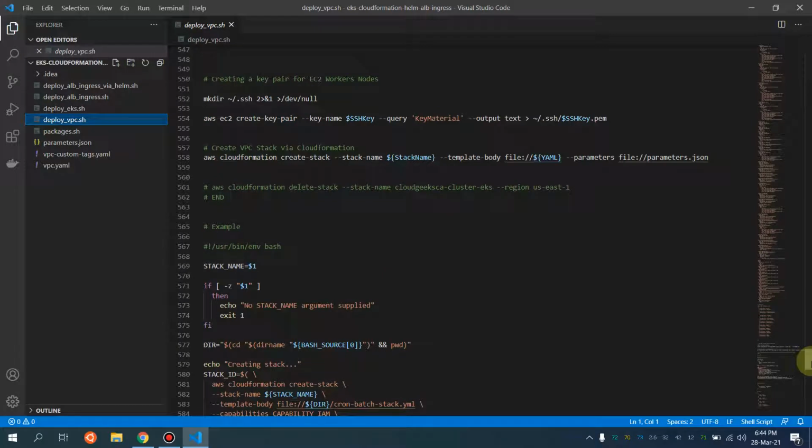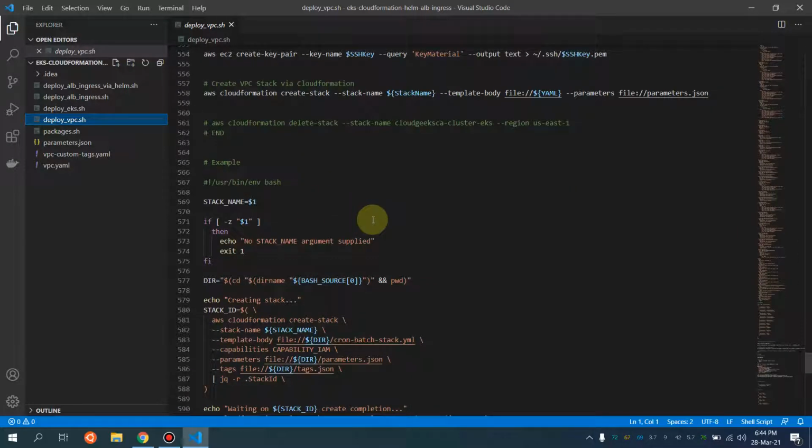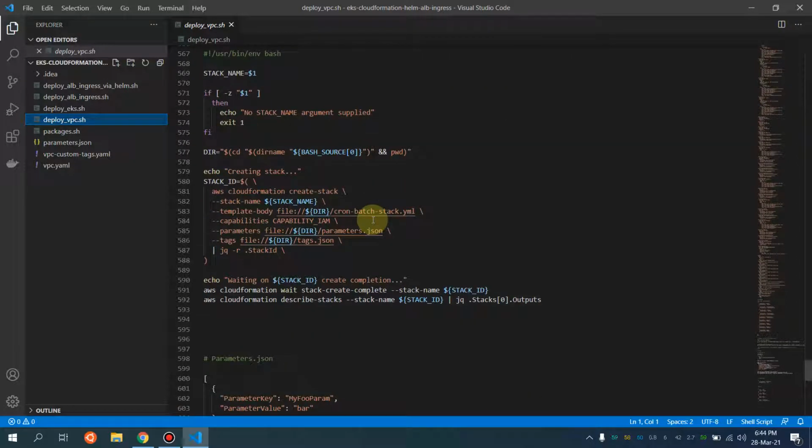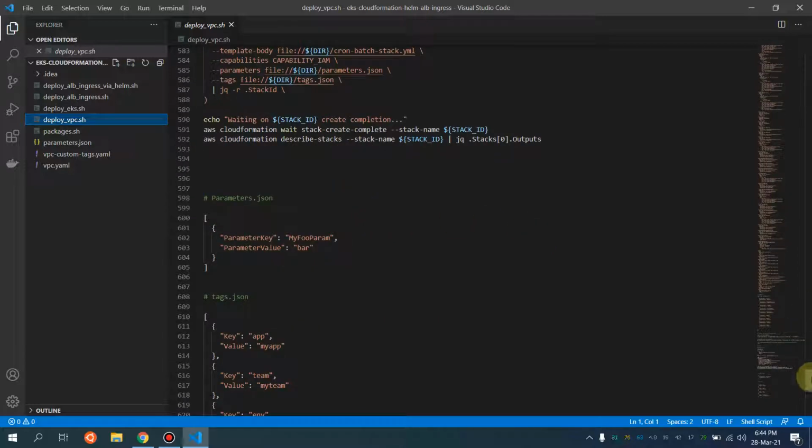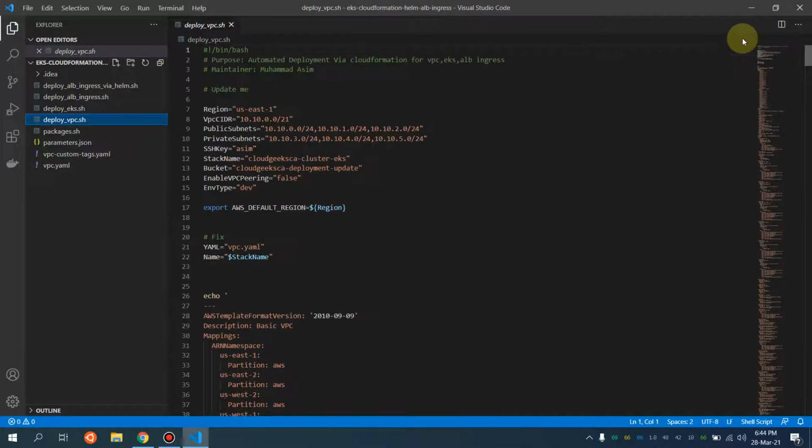the CloudFormation VPC stack, and it is going to create that particular key which you described above in your local system, and it is going to deploy that. So you don't have to worry about what the code is going to do. You simply have to fill the above part which I've shown you, and the rest of the settings are going to be set accordingly. The stack name should remain the same. What I mean by that is this stack name is going to be the name of your EKS cluster.